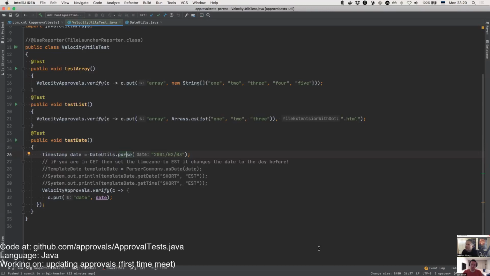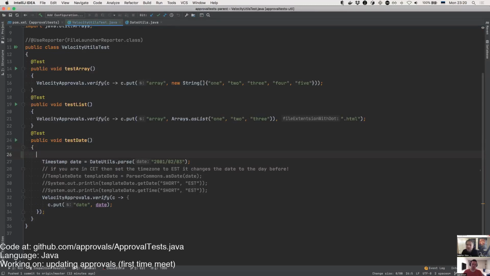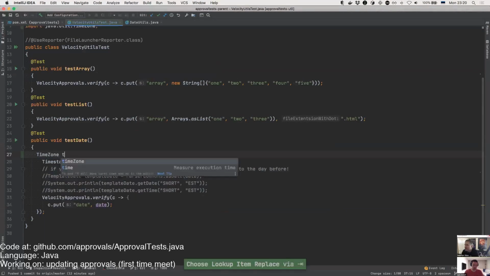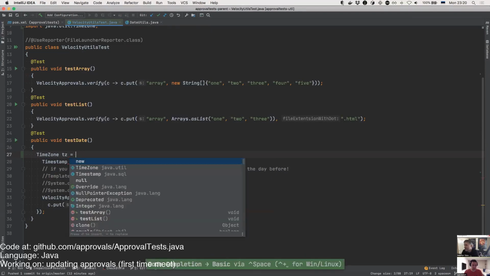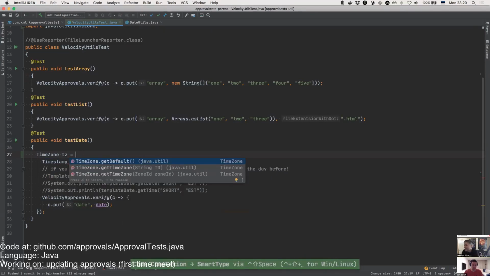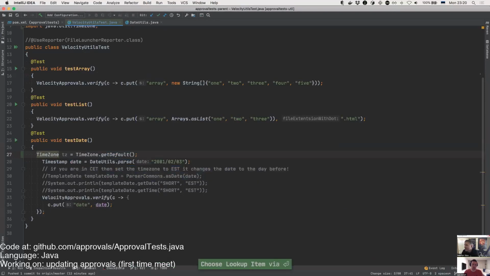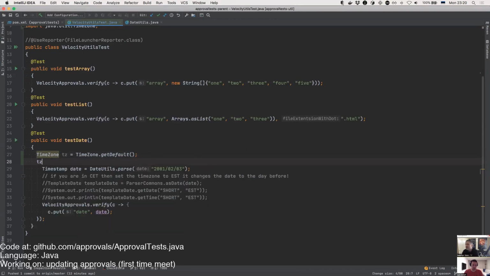So on line 25, can you get the time zone? This is what I'm about to do is bad. Yeah, so time zone. Time zone, sure. Get default. And then the next line, do a time zone dot set default.